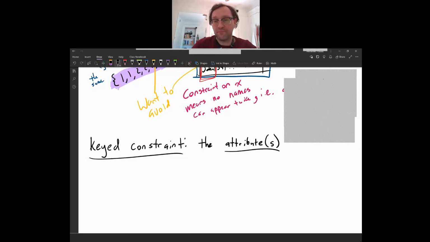It could also be many attributes, okay? One is okay. You could also have many, and that's also okay. So the attribute or attributes